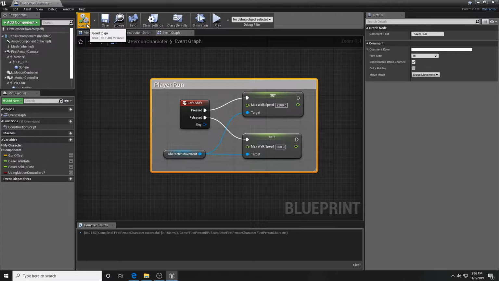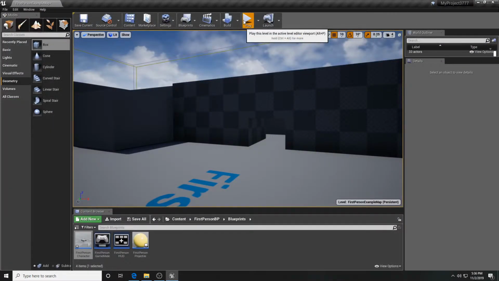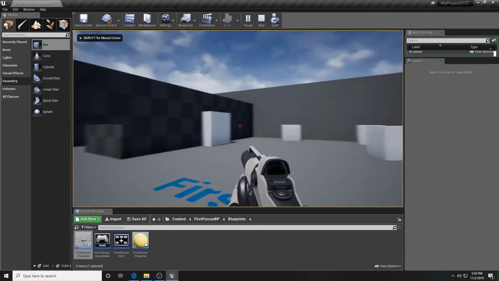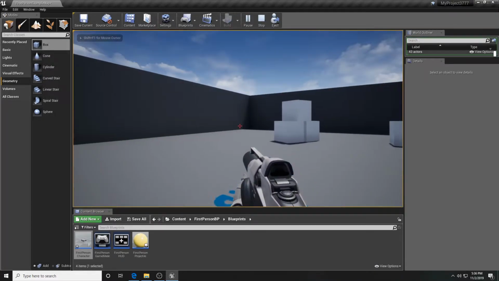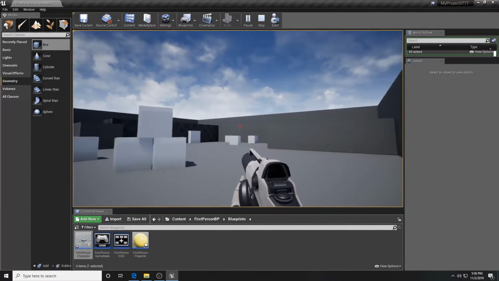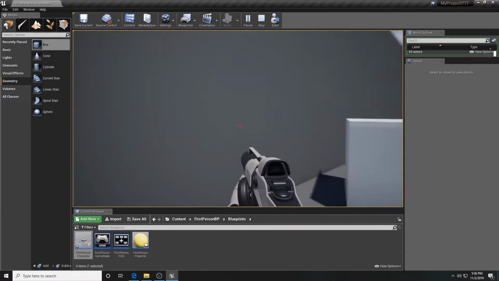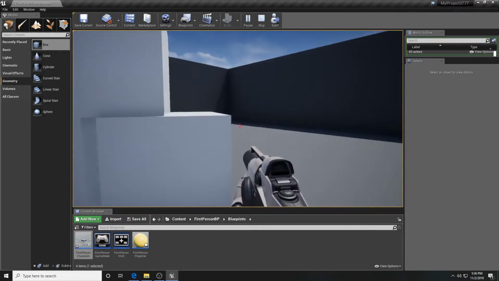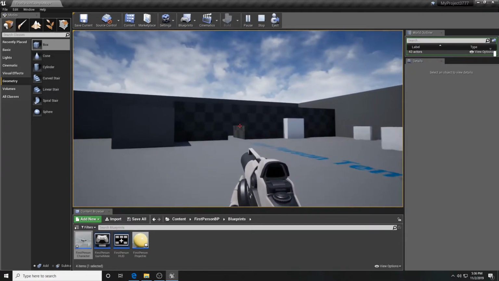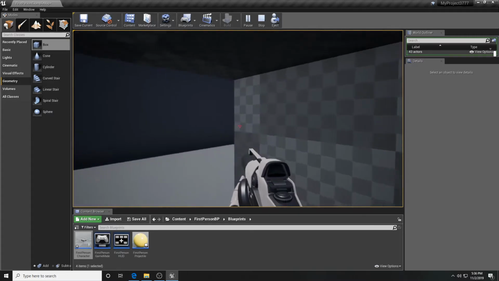Make sure we compile. Let's close this out. And now we should have our run. So here I'm walking around, and I'm going to hit that left shift key, and there you can see the run. And it's quite fast. And what's kind of nice is it accelerates into it, and that looks like it's hard-coded, so that's rather nice. So there's our run, and then we get here, we can crouch down,